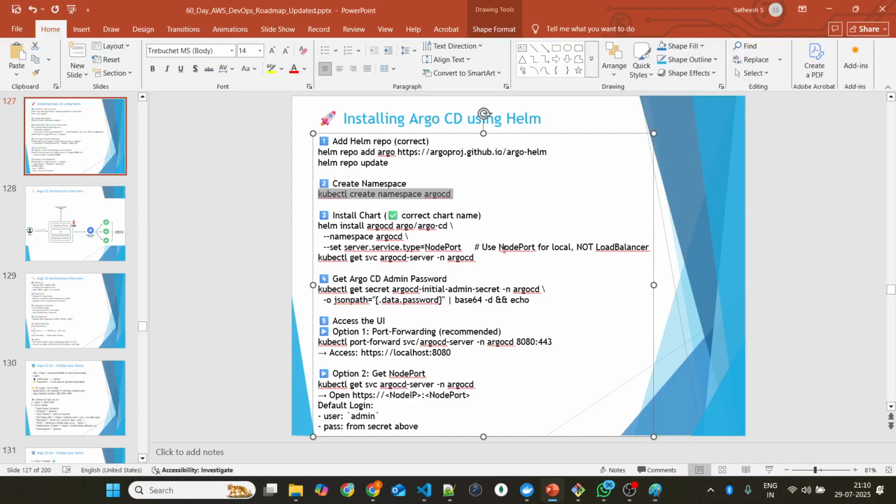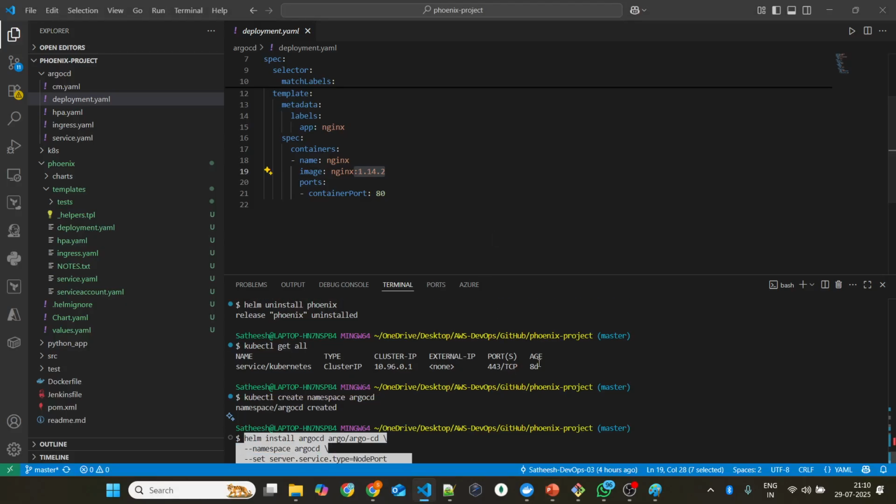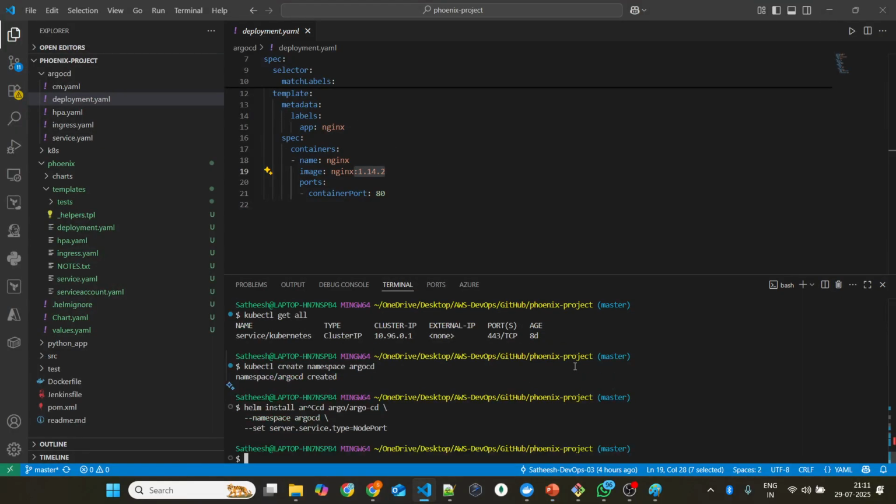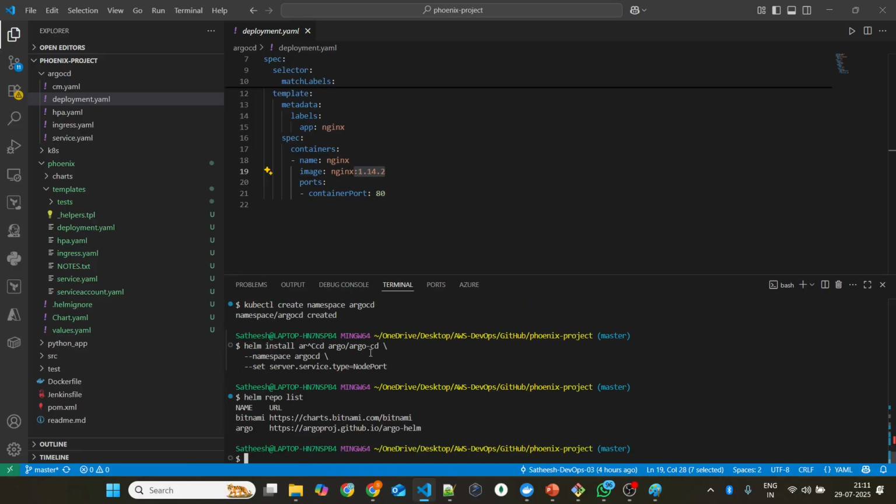Now I'm going to run a command here. You see the command here. I use helm install, and I'm giving my release name as argocd. You know I added the repo before this, with the command helm repo list. You see, right, in my repo list, I already have argo, with this URL, and I'm giving it the name argo. So if you see my command now,